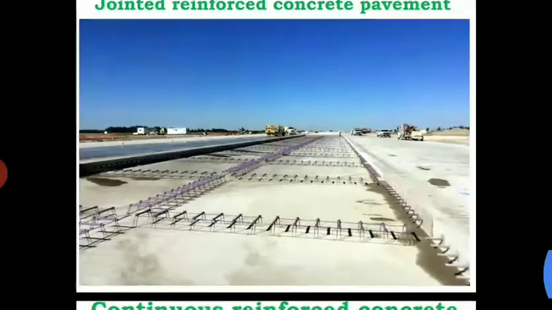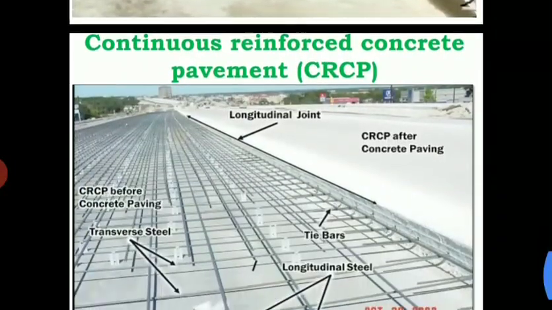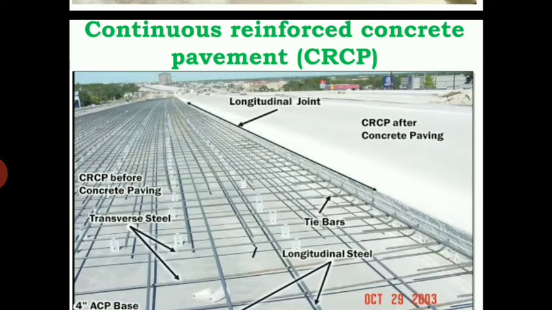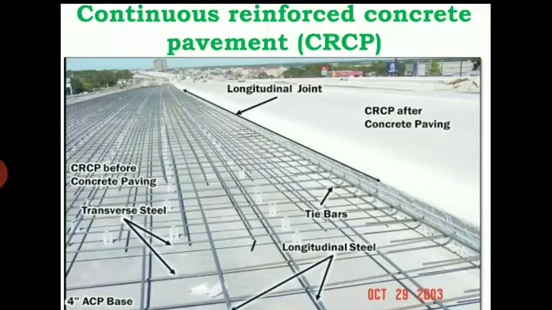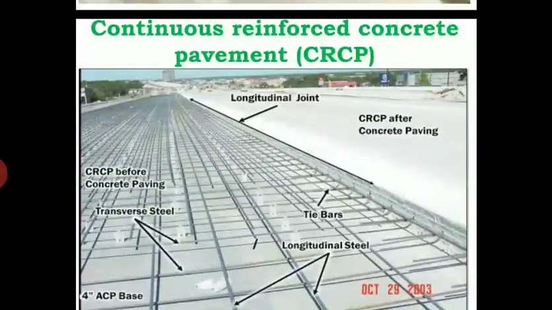And next, continuous reinforced concrete pavement. So here in this section, it's like the constructing of a slab. So in the slab, how we are going to provide the reinforcements and how we are going to place the concrete, the same thing we'll do here also, but the entire reinforcement is continuous from the first end to the last end without providing any proper joints. Okay.